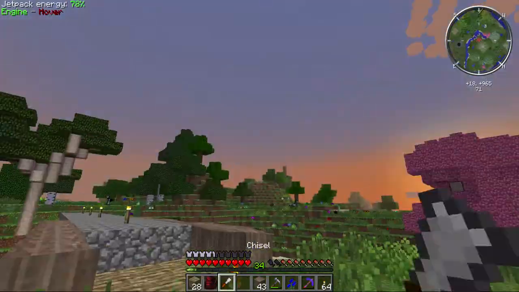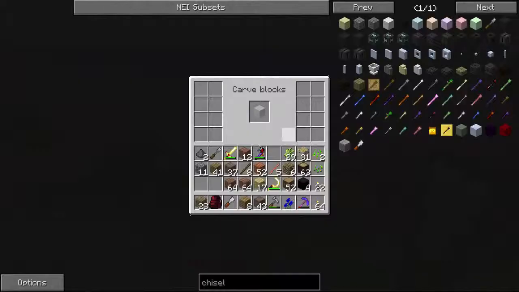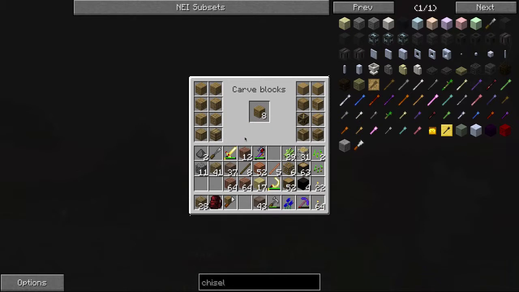Let's see. Well, first let's check oak blocks, and why is that not working? I know this works. Okay, here. Whoa, a little bit of lag there. Weird. All right. Parquet, fancy. There's a whole lot I can do with this, but I think I want to go with this,